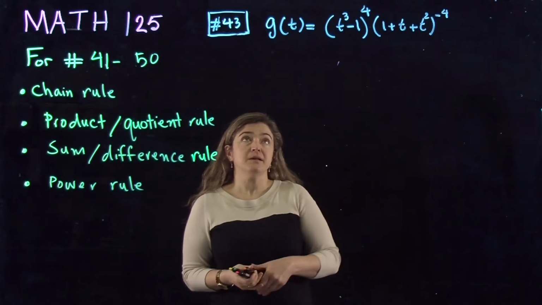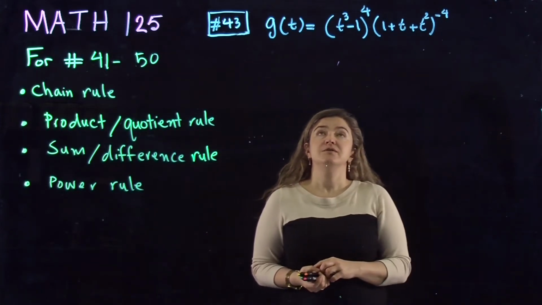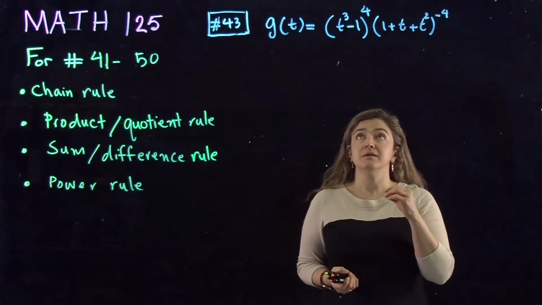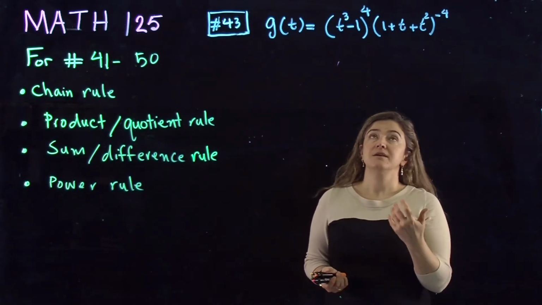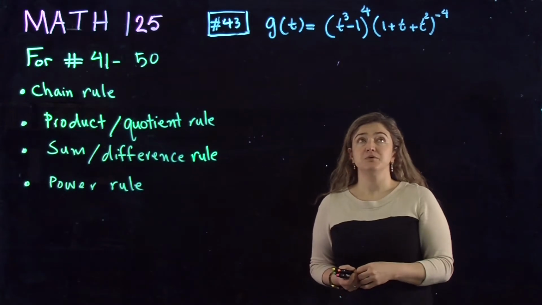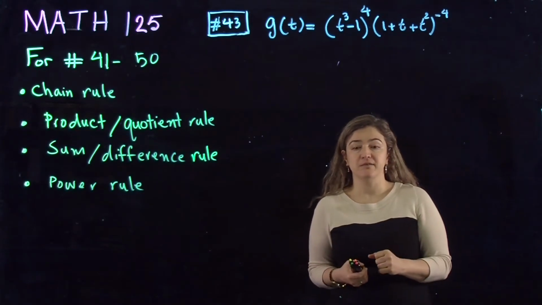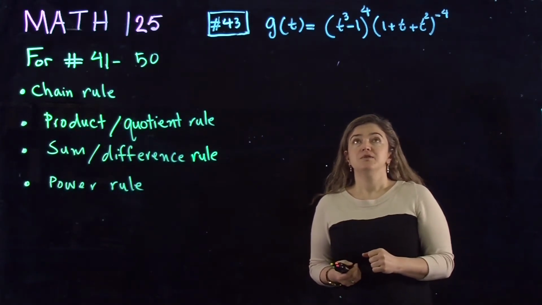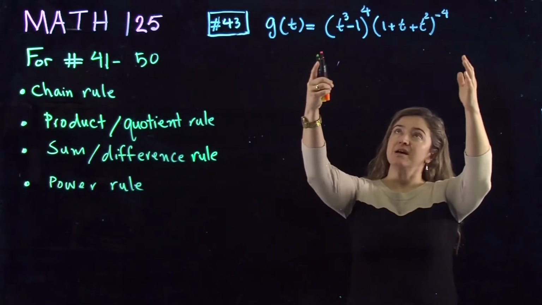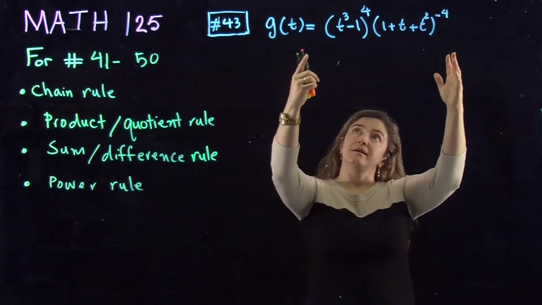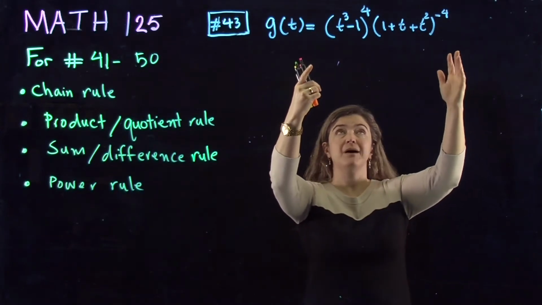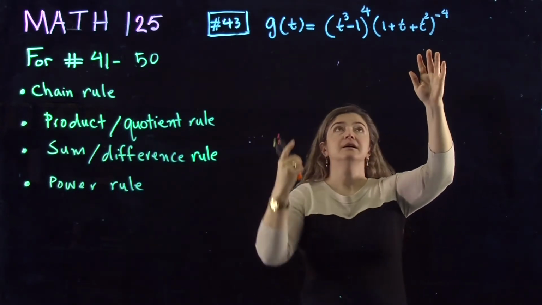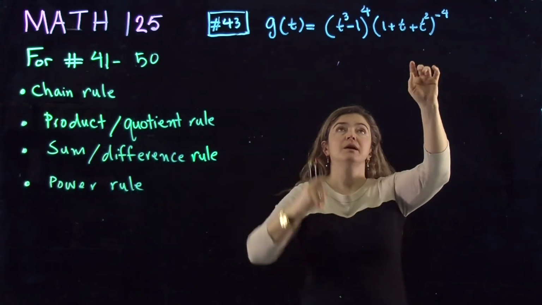This time the function is g of t equal to (t^3 - 1) to the power 4, times (1 + t^2) to the power negative 4. So the first thing that I see from outside is that not the entire thing is to the same power. We could make it to the same power, but in this case it's not in that form. So